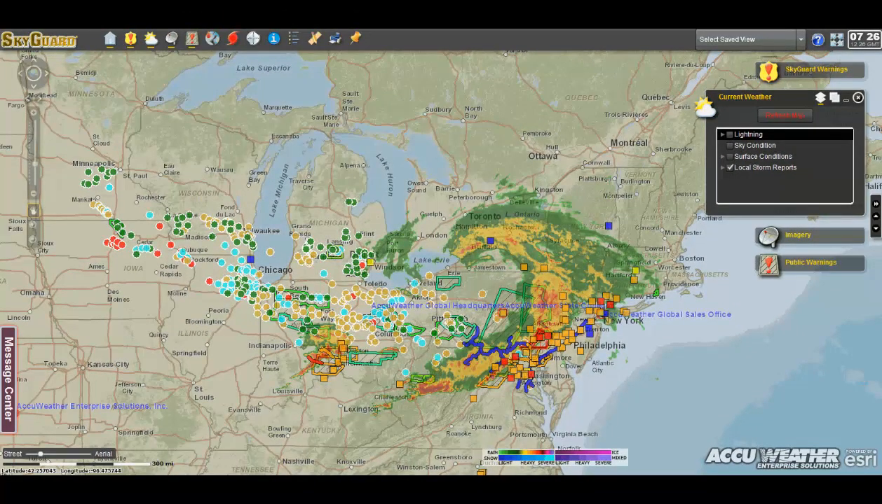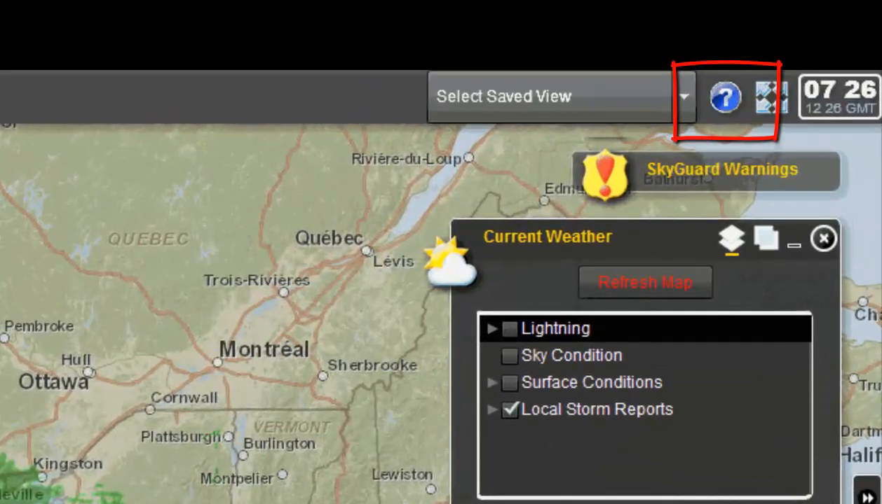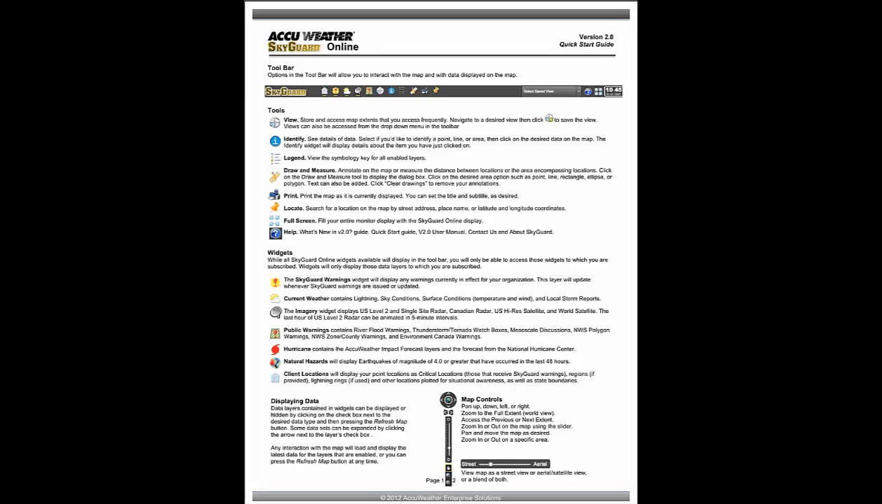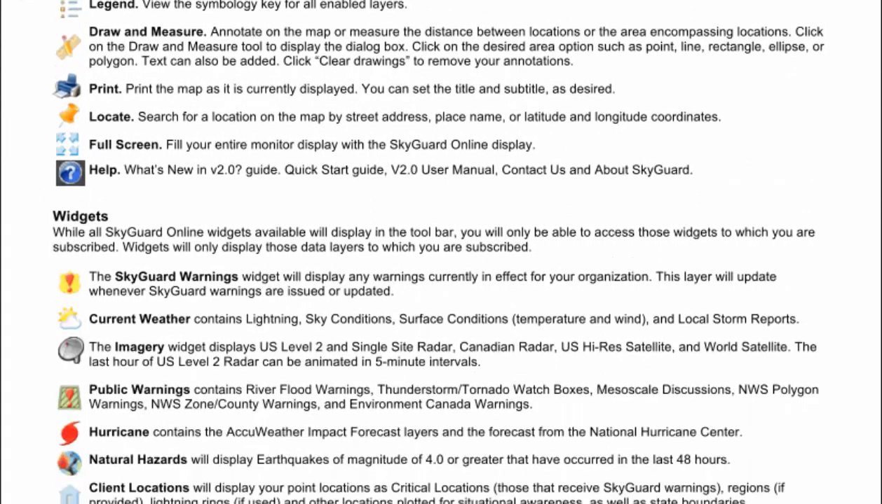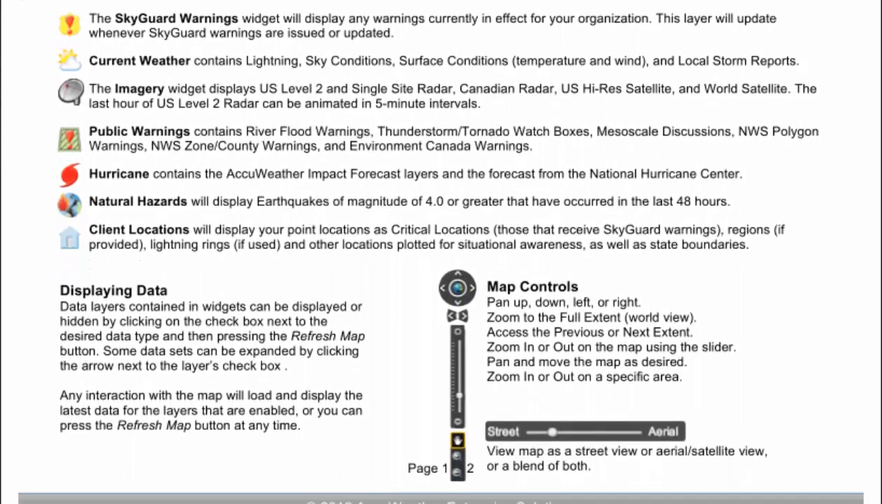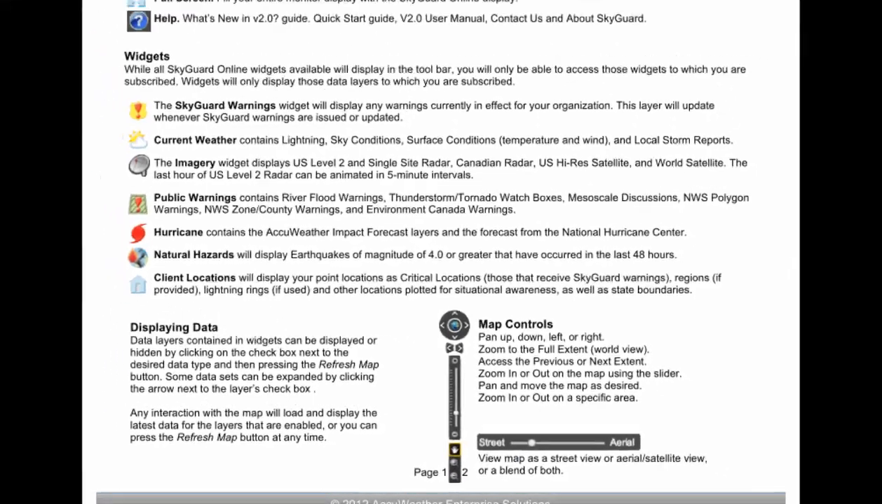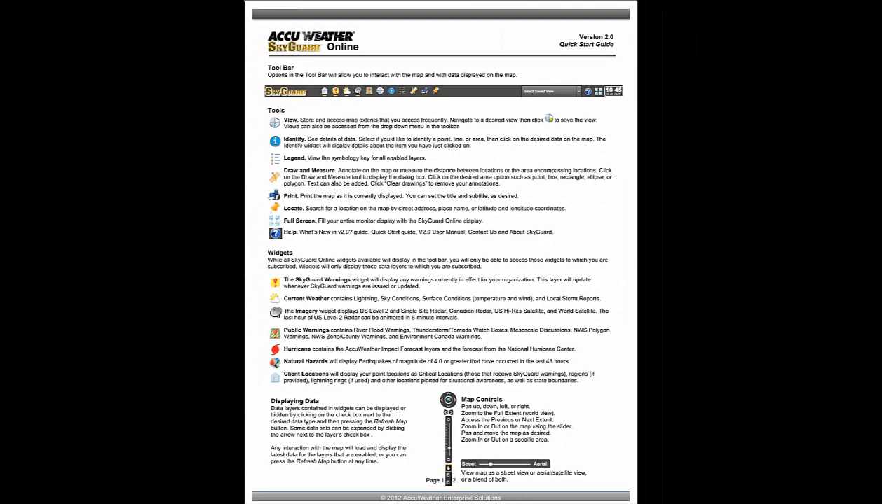And then if you have any questions, at the top right, there's that little question mark box. You click on that. It gives you access to the SkyGuard Online Quick Start Guide. So a lot of additional information on how to use the different tools that are available, how to navigate throughout